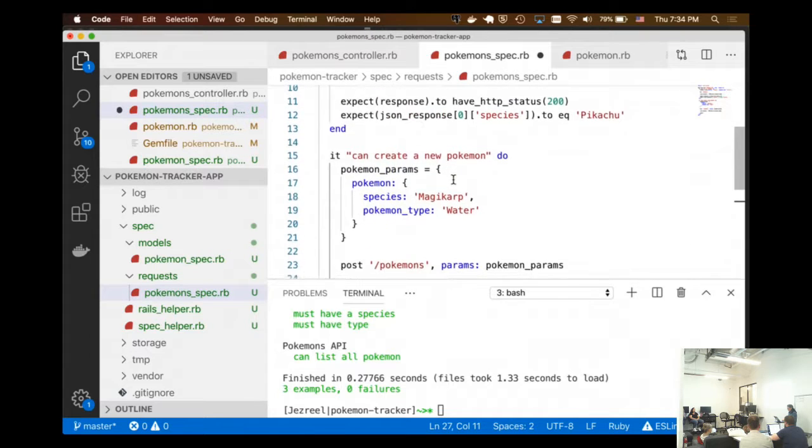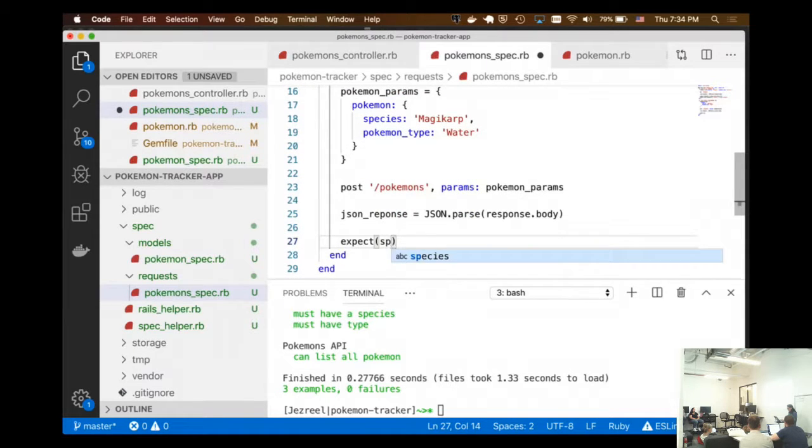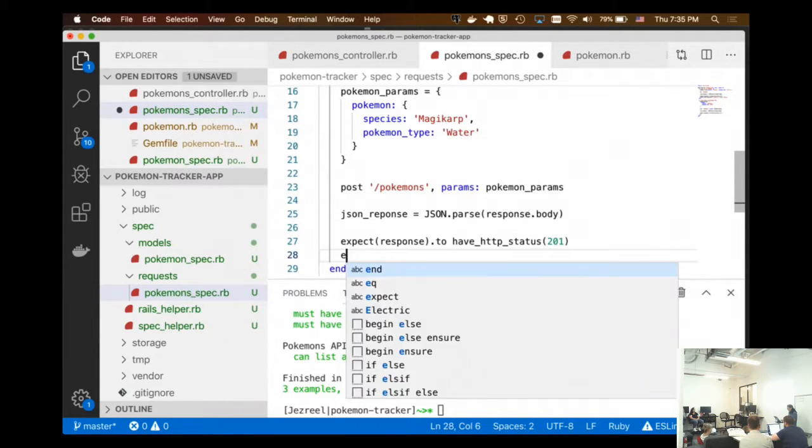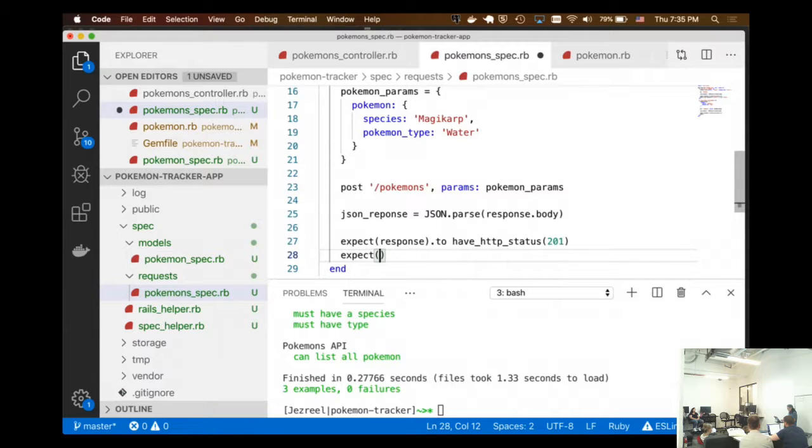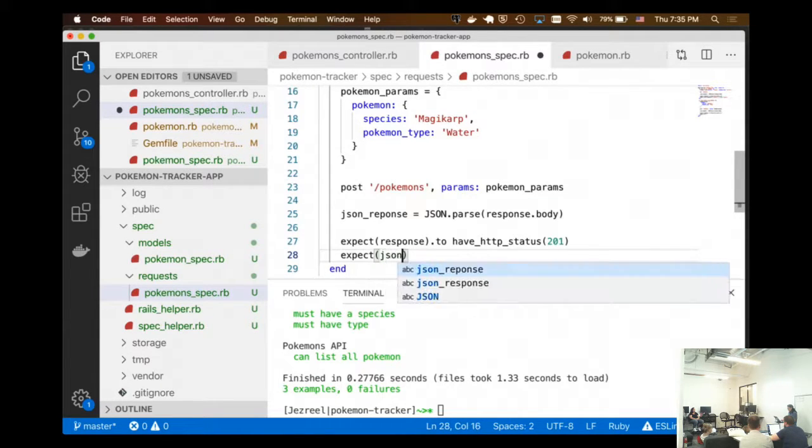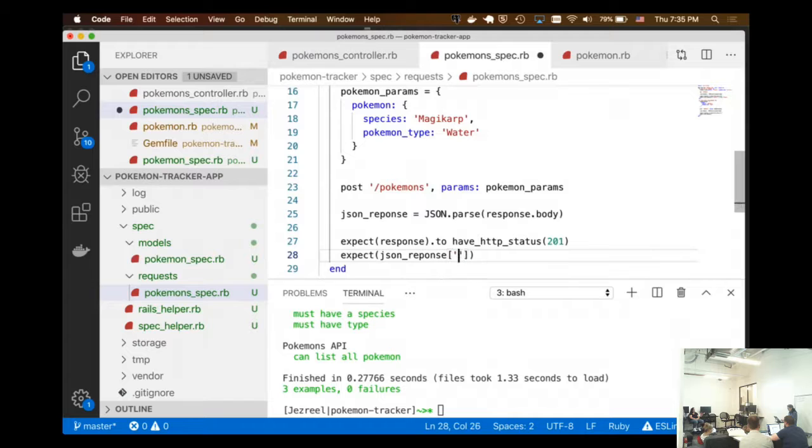Expect response to have HTTP status of 201. And I'll also go ahead and inspect. So expect JSON response species here, just to mix things up, just have that complexity there, to equal